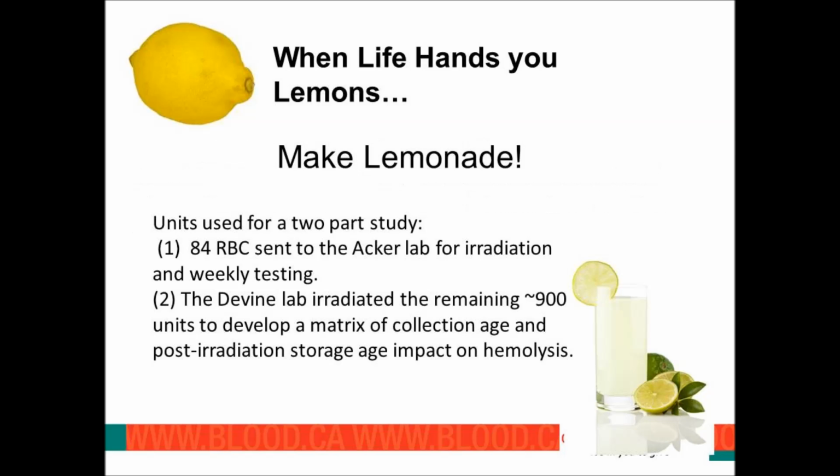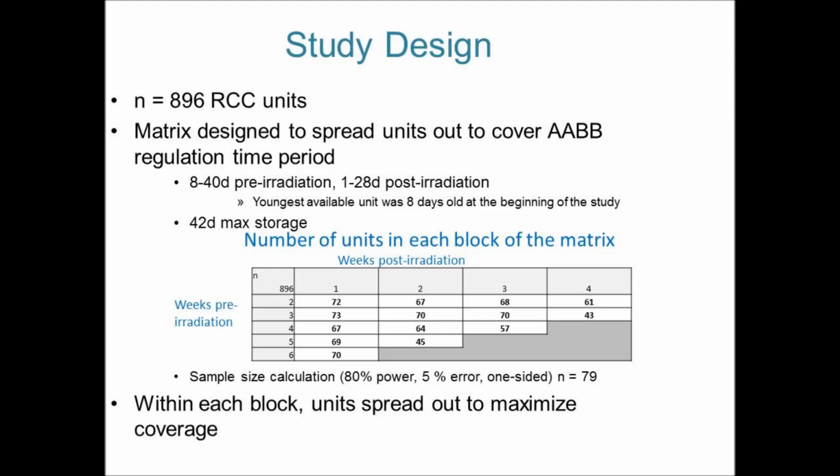They used the units for a two-part study. 84 red cells were sent to the Acre lab for irradiation and weekly testing, and Dr. Devine's lab irradiated the remaining 900 units to develop a matrix of collection age and storage age and impact on hemolysis. So the study design included